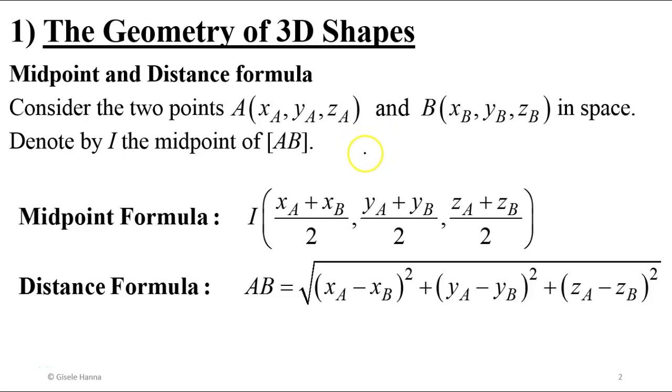Okay, so in this first section, we're going to explore briefly the geometry of 3D shapes. Now, over here, we're going to start by introducing the midpoint and distance formula in space in 3D. So if I'm given 2 points A and B with their given coordinates,